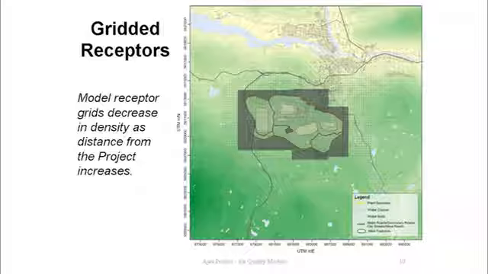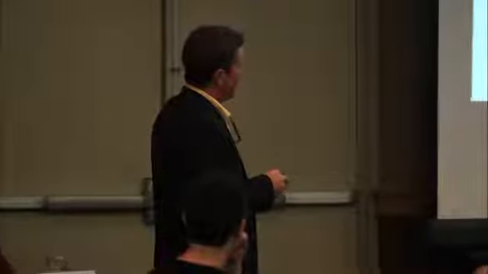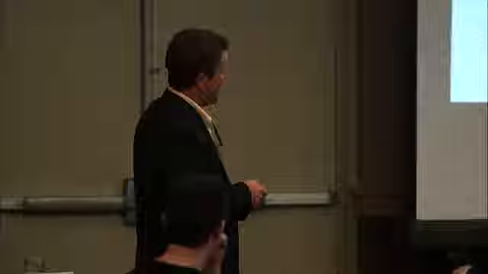Like some of the other environmental media that were talked about today, like vibration, for example, distance from the source is a very important input for the air quality impacts from that source. So it makes sense that you would want more refined information closer to the source, but still a sufficient density grid to give you results that are within the precision of the model at more distant receptors.